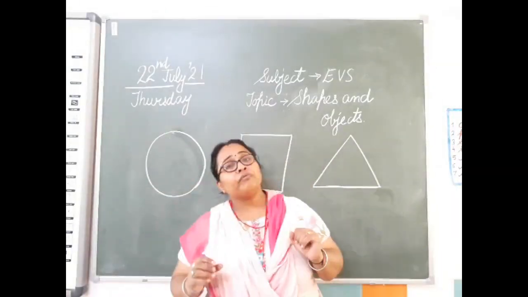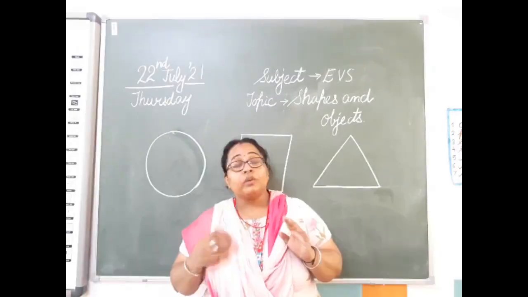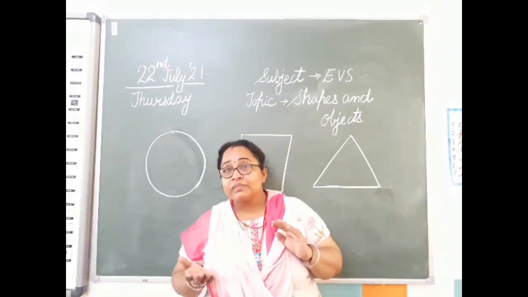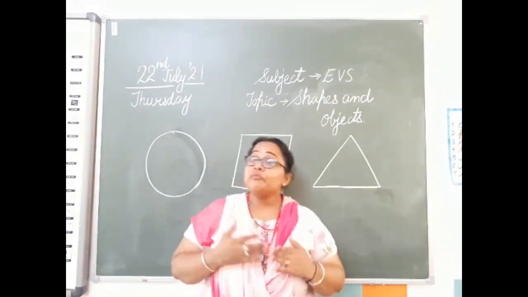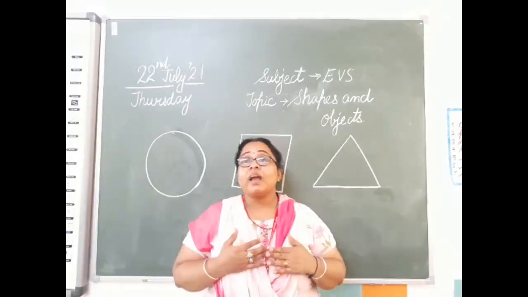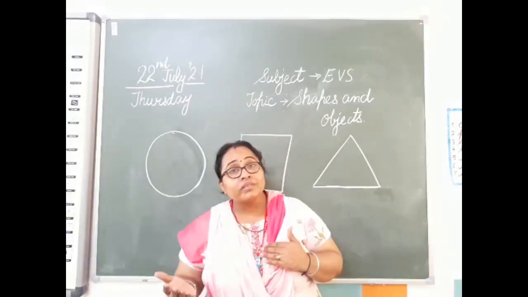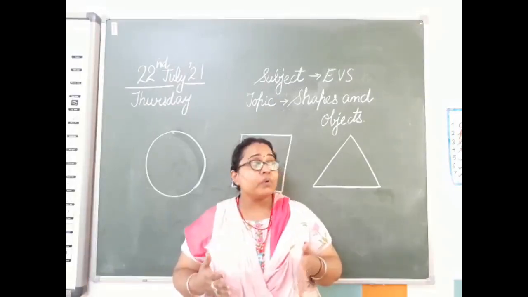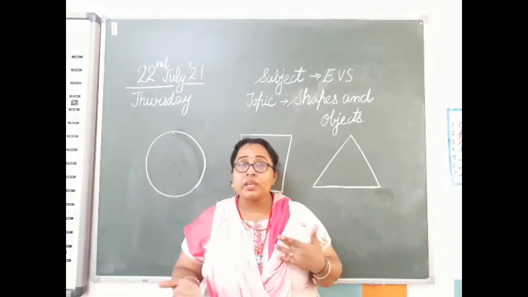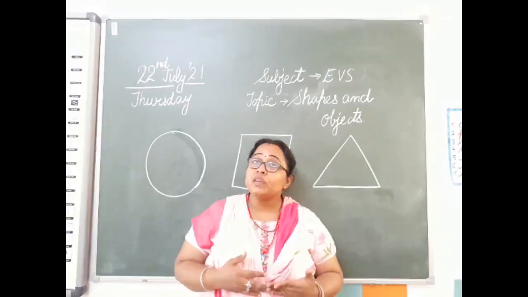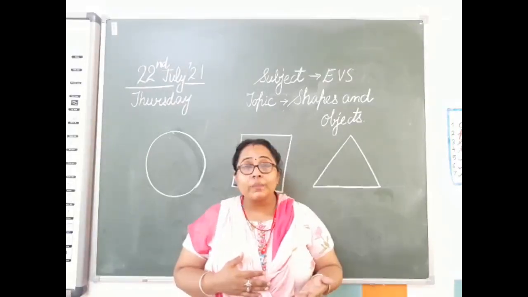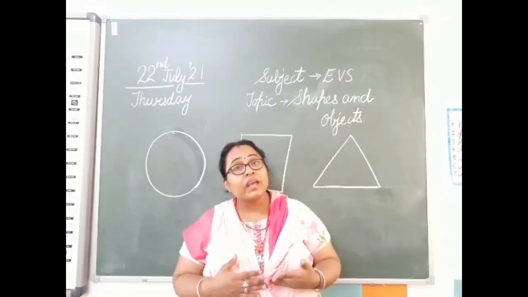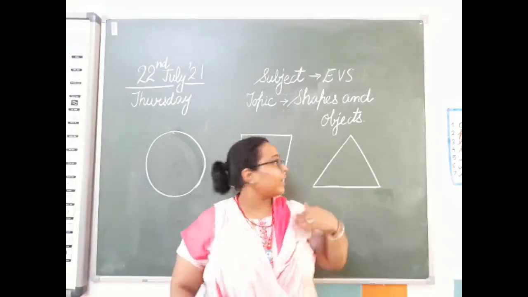Now examples for square shape. Your handkerchief, isn't it? Photo frames. Then we have carrom board. You all love to play that. It's an indoor game. Carrom board is also square in shape. Then we have handkerchiefs. They are square in shape. Then photo frames are there. I'll show you all. Okay.